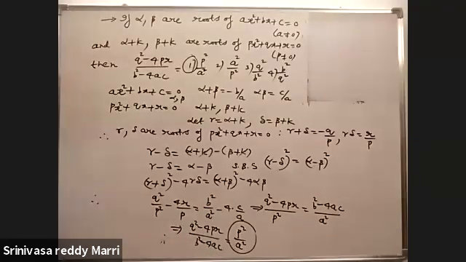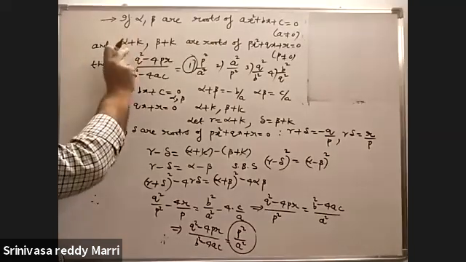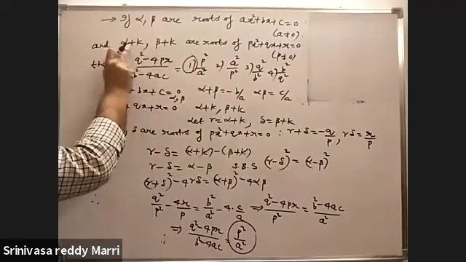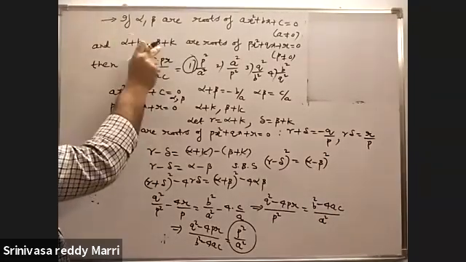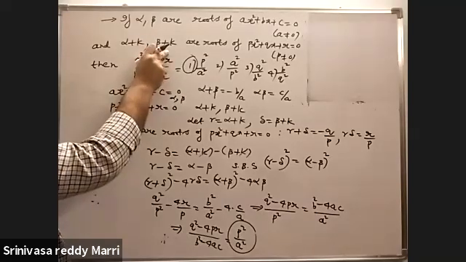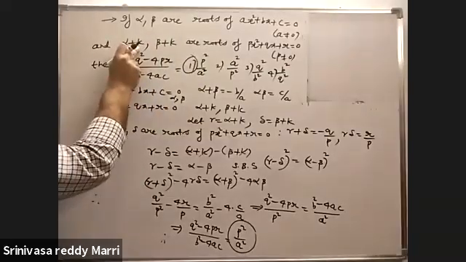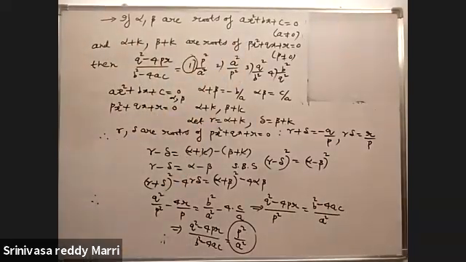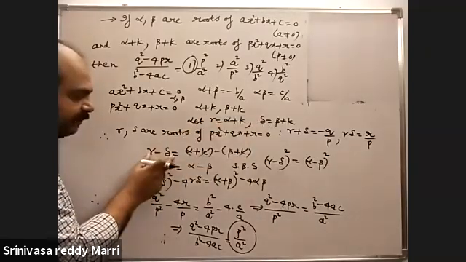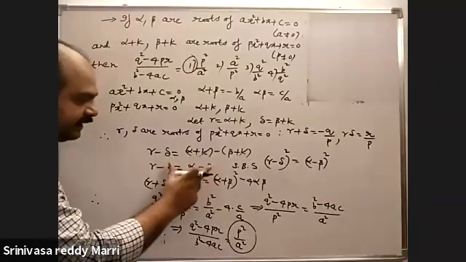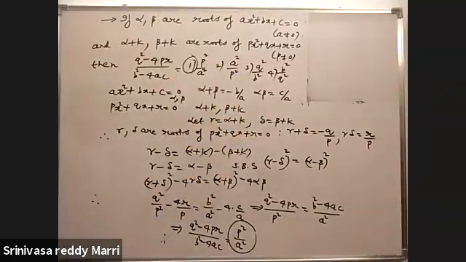The concept you have to observe here in the problem is that these two are given, and the difference is alpha minus beta. That means the main concept in the problem is that the difference of roots of this equation is equal to the difference of roots of this equation. That's why I have taken gamma, delta and done gamma minus delta, because these two are equal. You can square on both sides and then make use of these relations.